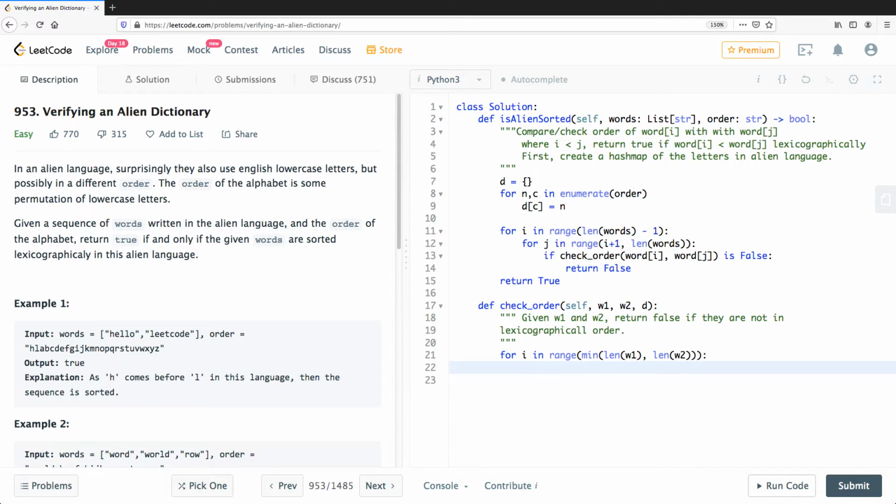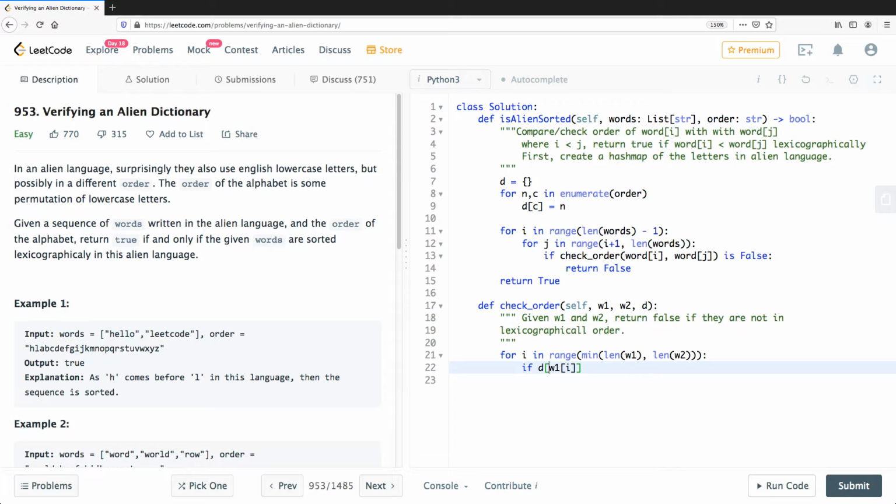Basically that's the idea. So now say if d, which is already with us, d and then W1 i,